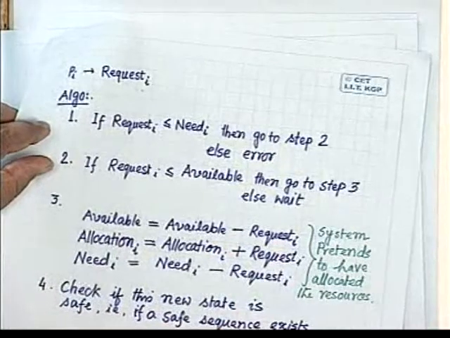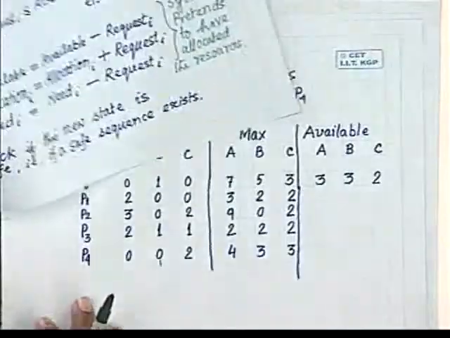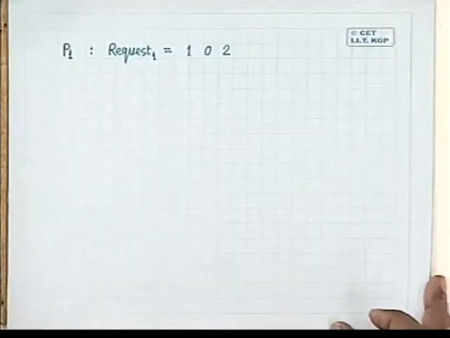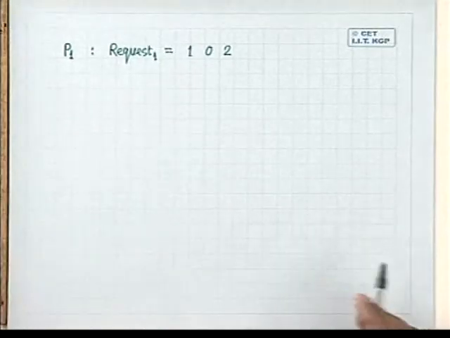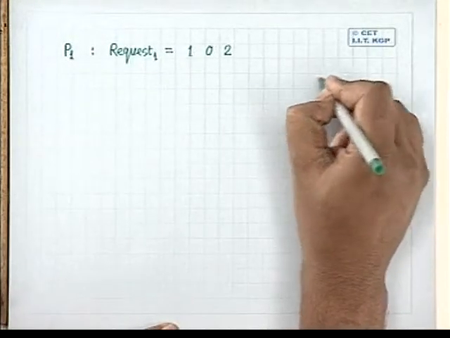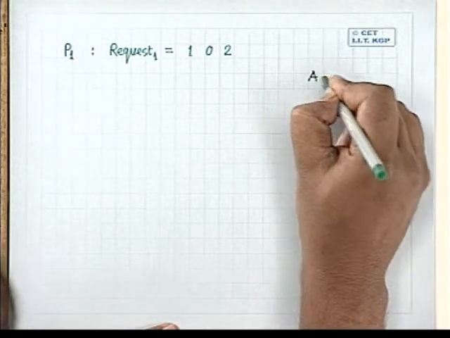So first, what Banker's algorithm will do, it will pretend that as if the resources are allocated by modifying the data structures. And the data structures which will be modified are, we said that, available, allocation, and need. Okay. So if these resources are allocated, in that case, the available vector will have a new available vector.